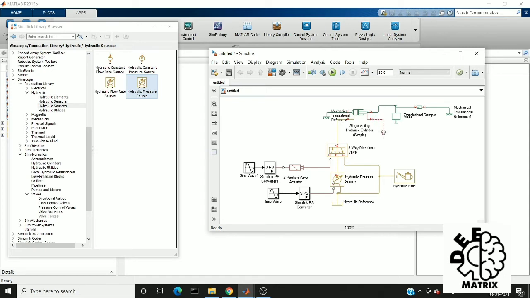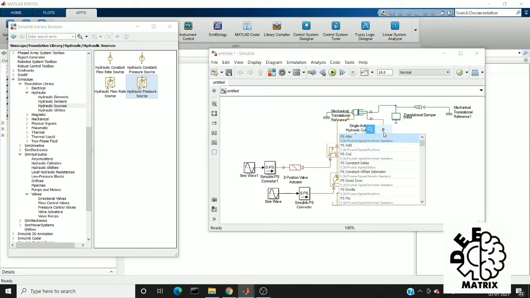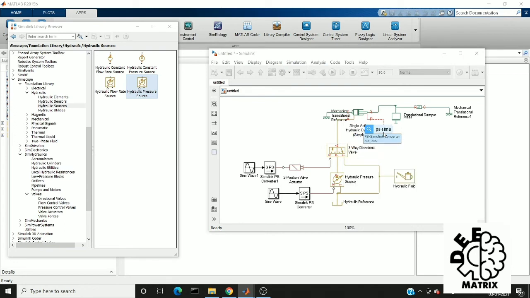If you want, you can also connect this P to a PS-Simulink converter, then to a scope. So I've made my connection. Now we are going to make a configuration.